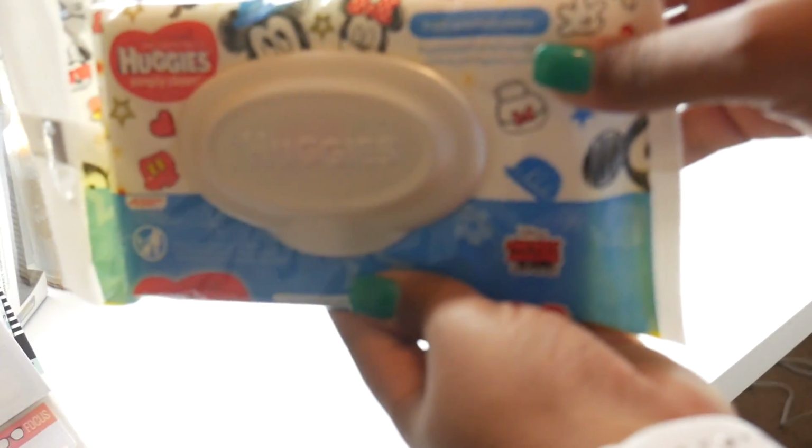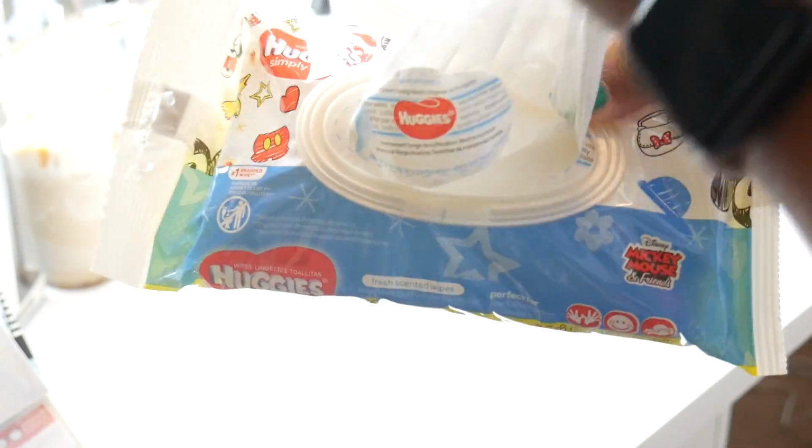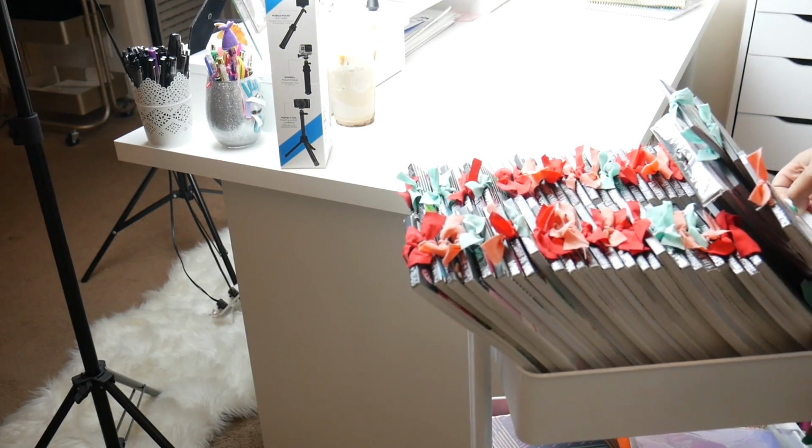So I haven't filmed a plan with me in about a week and a half, and I have been doing a lot of Etsy work on my desk, and it is super dusty. So Michelle taught me to use a baby wipe to wipe off my desks, which I have like 10 of them, and it's a cool little trick. So I normally wipe off my desks,